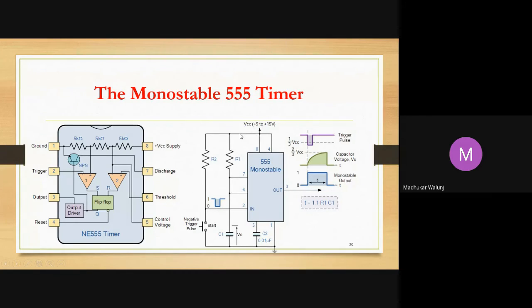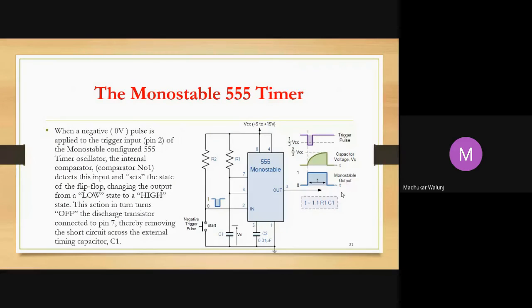The 8 number pin is connected to VCC through R1, 7, 6, and the capacitor is going to get charged. It is going to get charged up to 2/3 VCC. At 2/3 VCC, what will happen? If it just exceeds 2/3 VCC, comparator number 2's output will be high, and the flip-flop will be reset. If the flip-flop is reset, this particular transistor will be on, and in this way we are going to get the discharge of this particular capacitor C1, and we are going to get the output equal to 0. So we are going to get a pulse width with a value equal to 1.1 into R1 and C1.